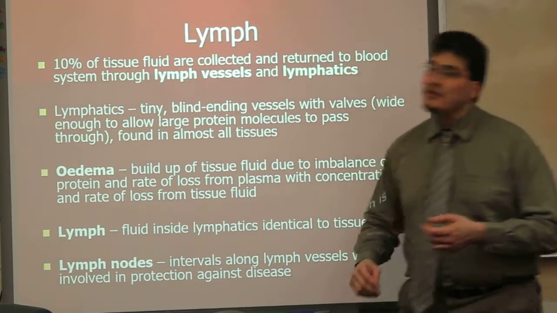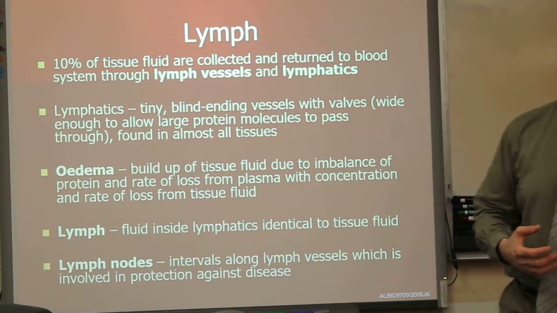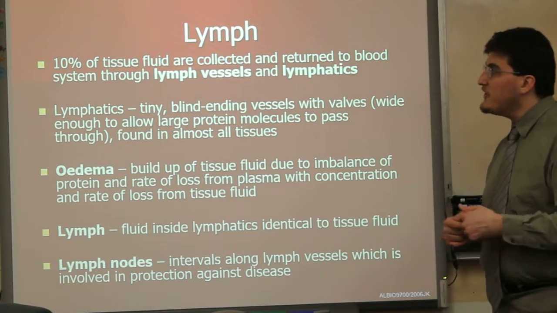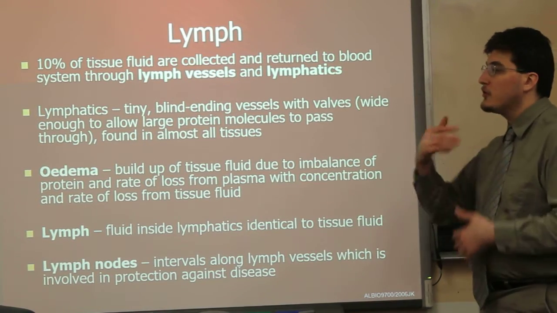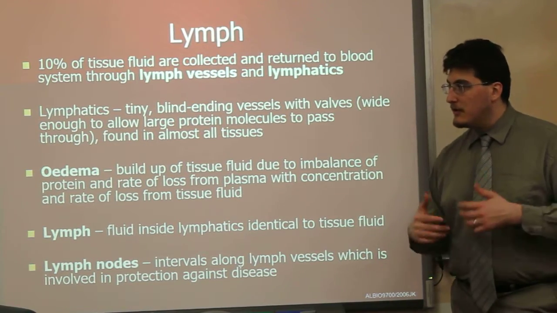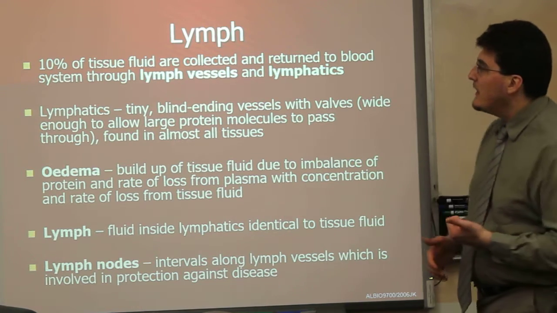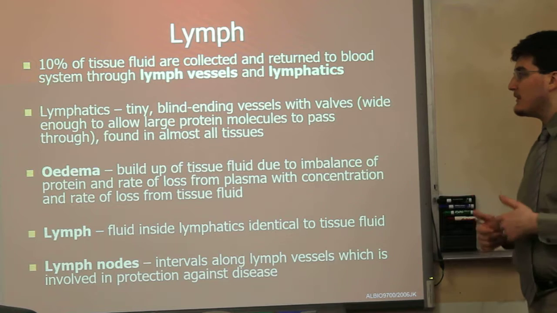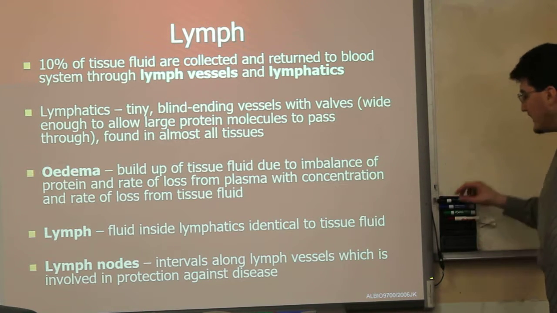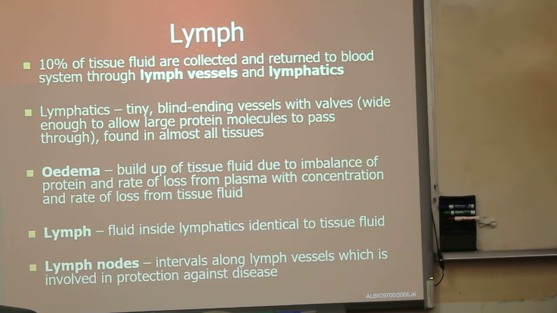Now, let's talk about lymph. I mentioned lymph vessels a couple of times now. 10% of your tissue fluid is collected and returned to your circulatory system through lymph vessels and lymphatics. A lymphatic is a tiny blind-ended vessel with valves that are wide enough to allow a large protein molecule to pass through,